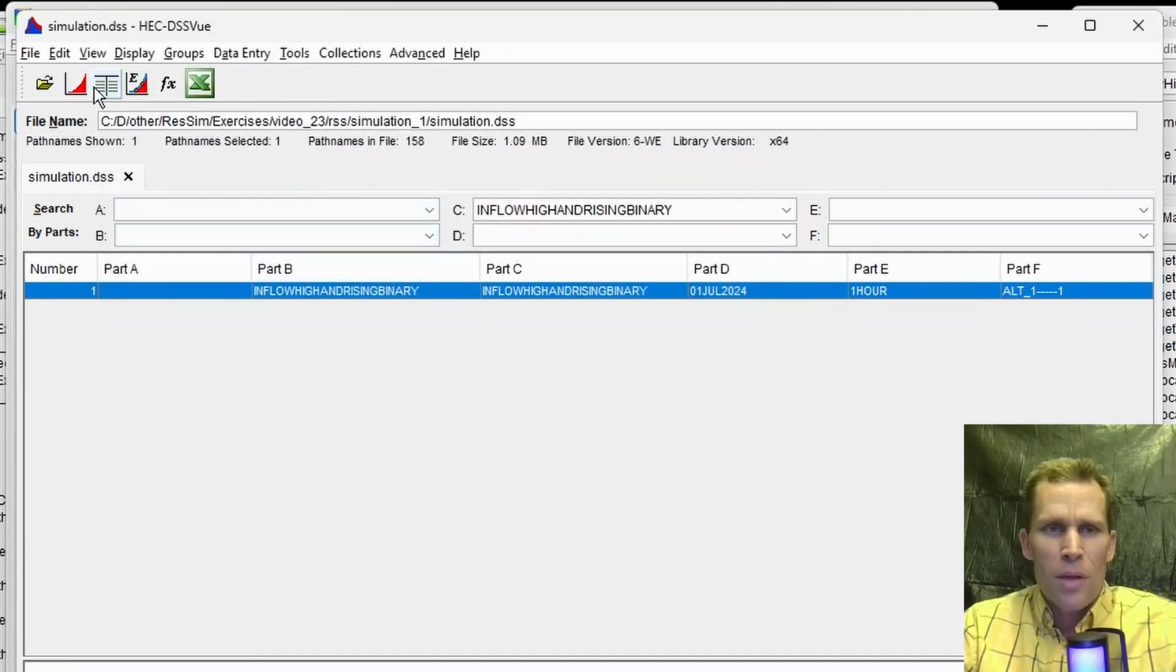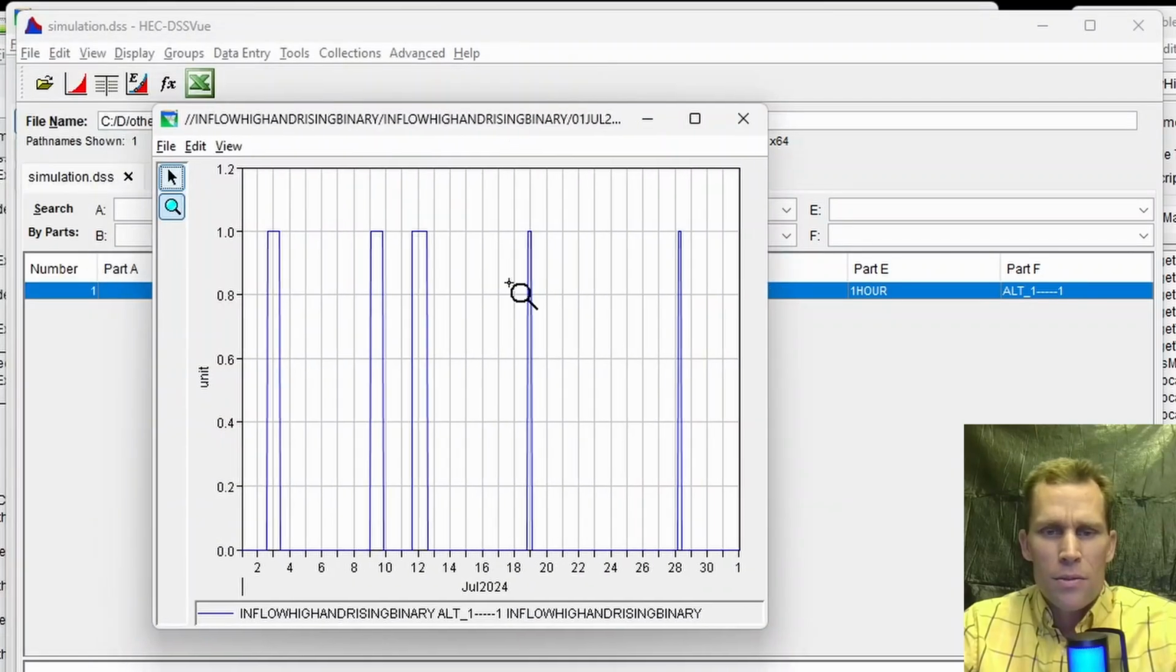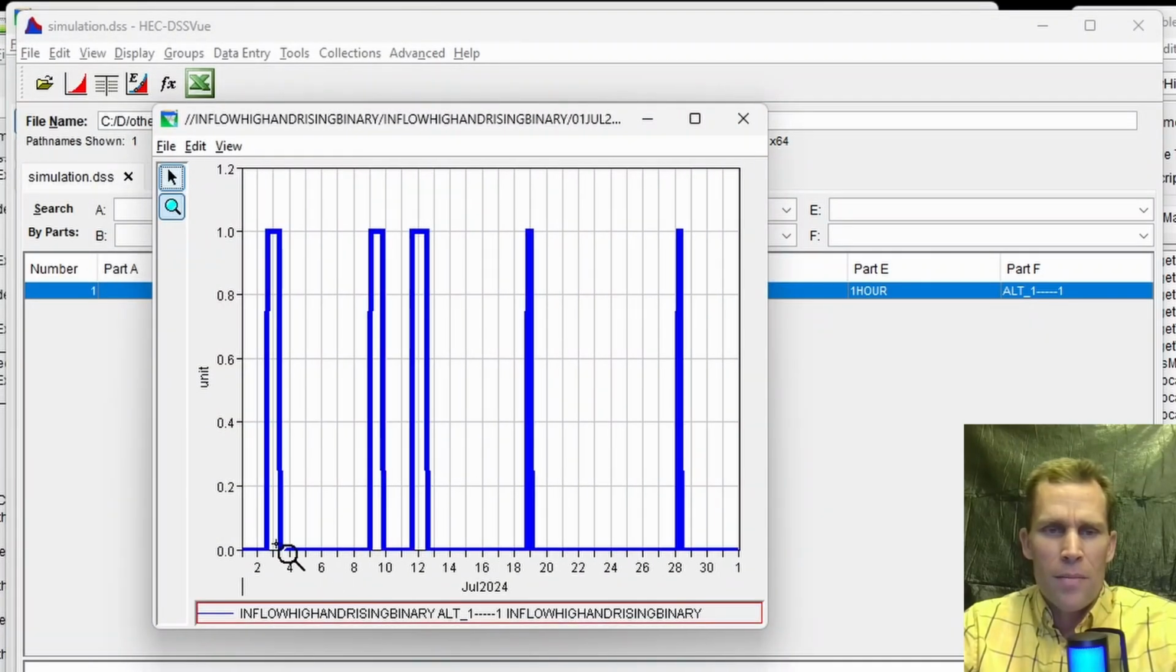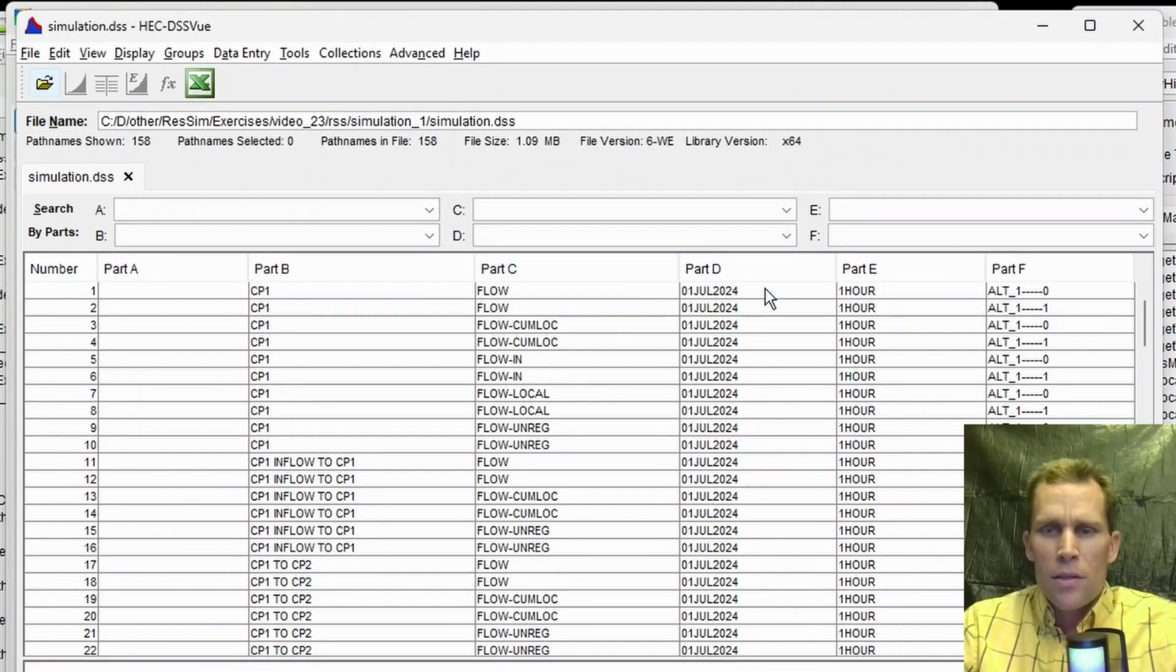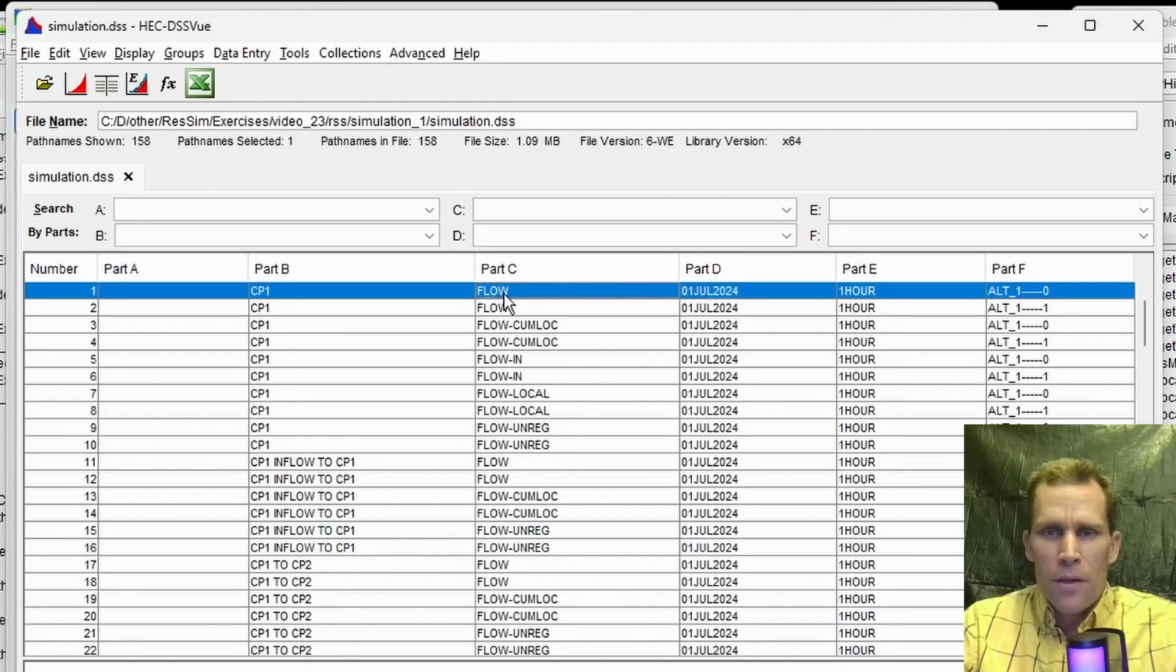And then let's take a look at the plot. All right, cool. Here's the plot, and it looks like mostly zeros, but there are a few times during the month of July that our time series did satisfy those conditions about being high and rising. What I want to do is take a look and confirm that that data matched up with the inflow, just a visual inspection. So I'll click on flow,